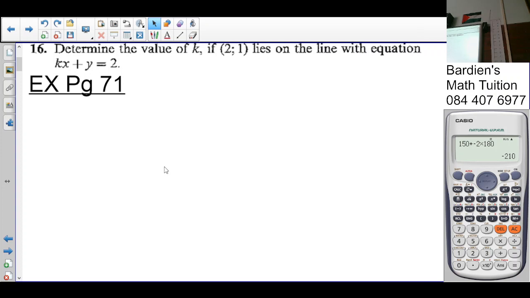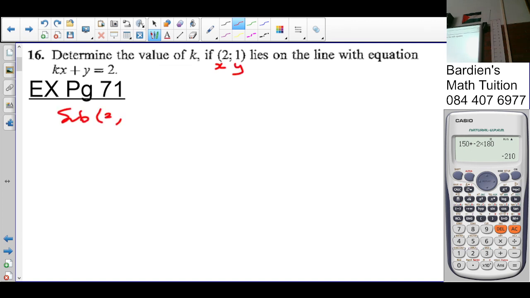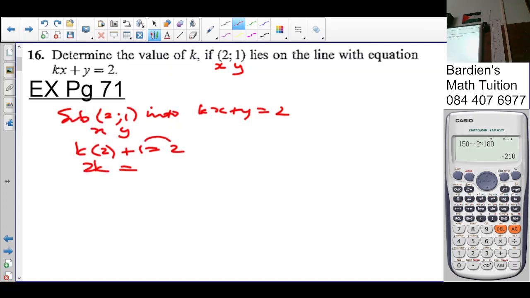Number 16. Determine the value of k if (2, 1) lies on the graph of the equation kx plus y is equal to 2. Again, that's an x and a y. So we'll substitute 2 and 1 into kx plus y equals 2. So you say k times 2 plus 1 is equal to 2. So 2k is equal to 2 minus 1, which is 1. Divided by 2, k is equal to